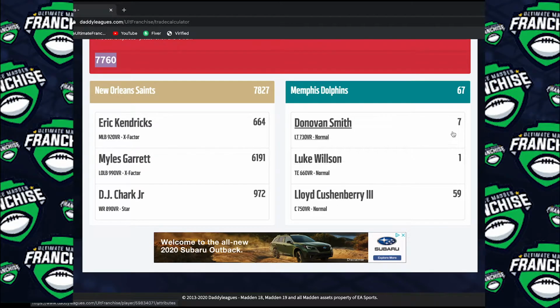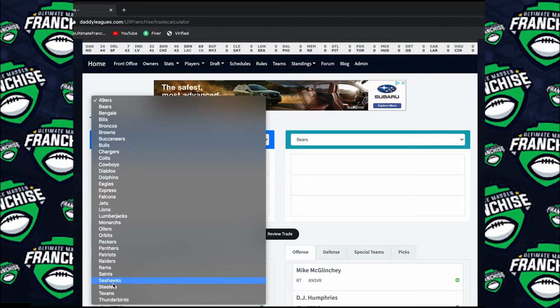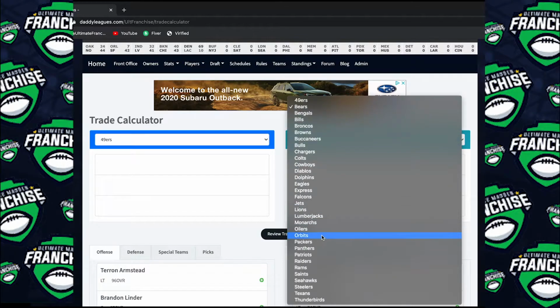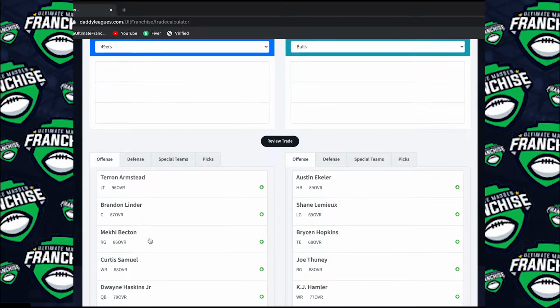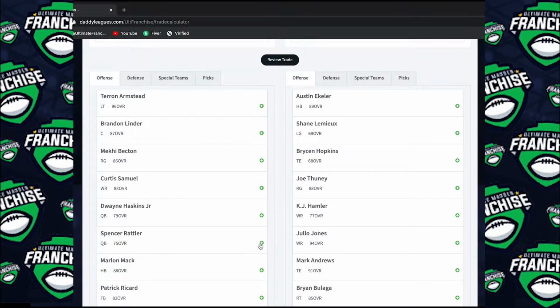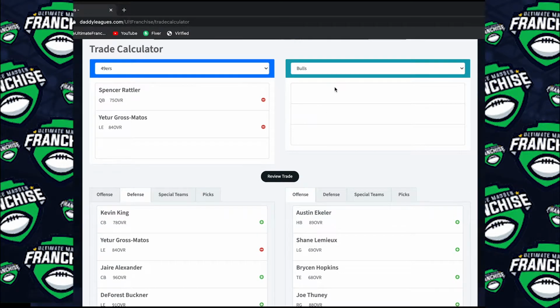So let's go and rework this trade and see if we can find one that works. And let's use a different team. How about we use Dizzy's 49ers. Where are they at? Oh, already on them. All right, and Dizzy's going to trade with the entire league probably. No, just kidding. Let's go Bulls again, and we're going to put up Dizzy, Spencer Rattler. We're going to put up Gross Matos. All right. So then we're going to come over here,